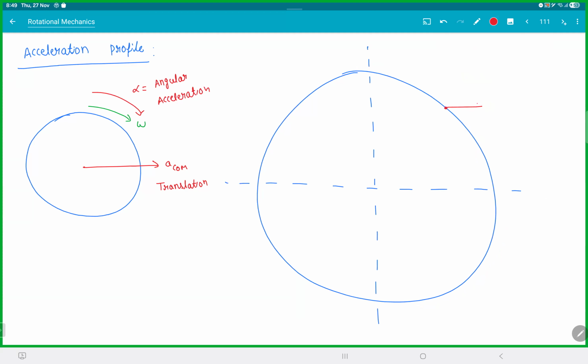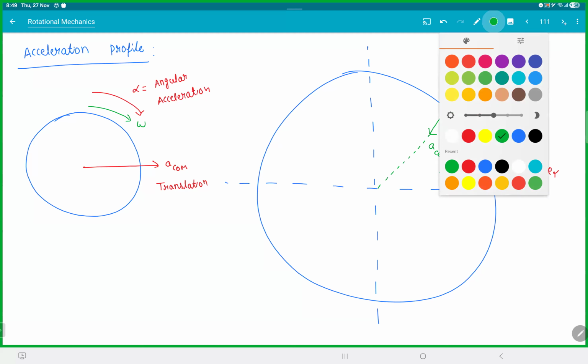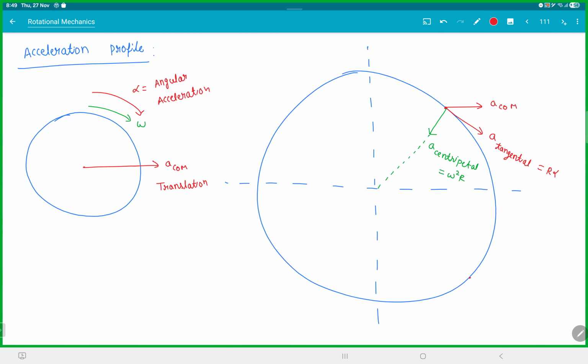if you look at this point here, we have a center of mass acceleration. This is due to translation. And we have a tangential acceleration, which is r alpha. And since you're going in a circle, there will also be a centripetal acceleration, omega square r. So every point on the disk or the ring will have three accelerations. If you see, in case of velocity, we had translation velocity and rotational velocity, right? Same way, if you take this point here,